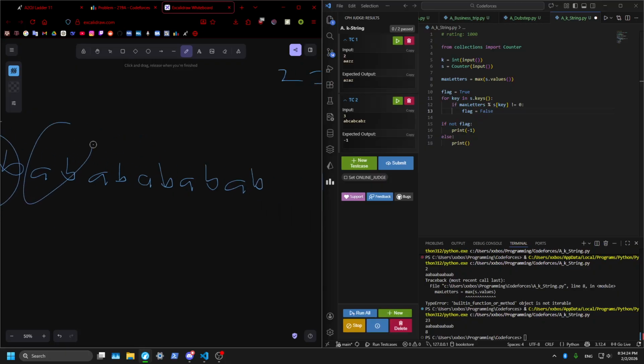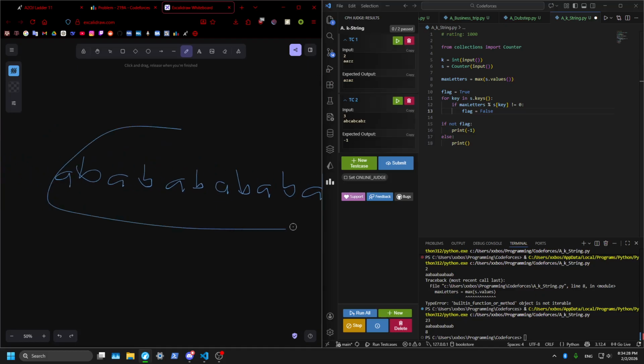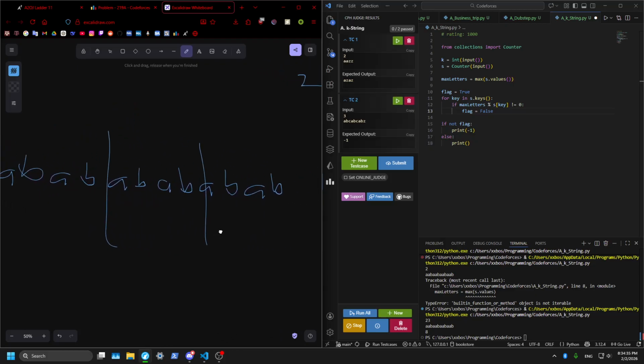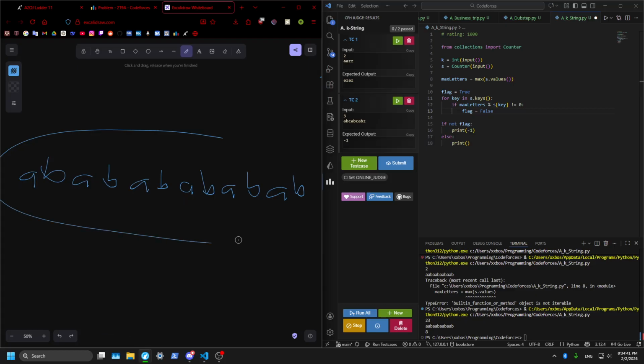There's 1, 2, 3, 4, six string, one string, two string, three string. It's not a four string, not a five string, six string, or six string. How do you determine